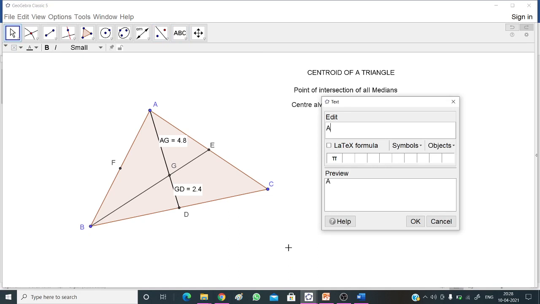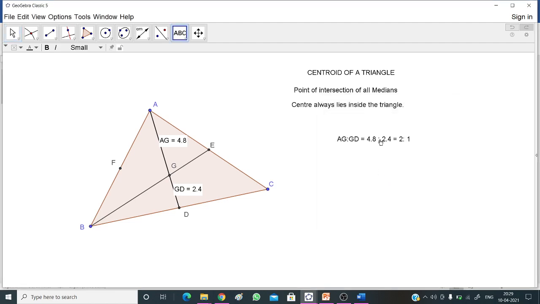Now take a text and clear it. Now that is AG is to GD, and from objects take the values H and I, and you see that this is 2:1.